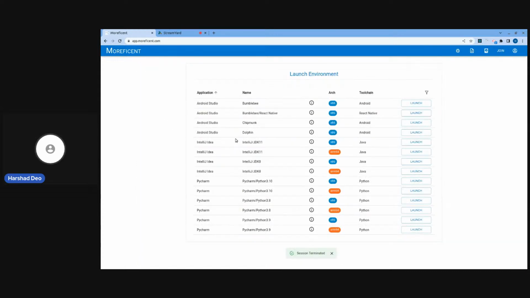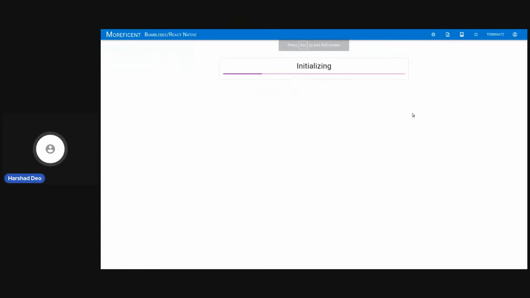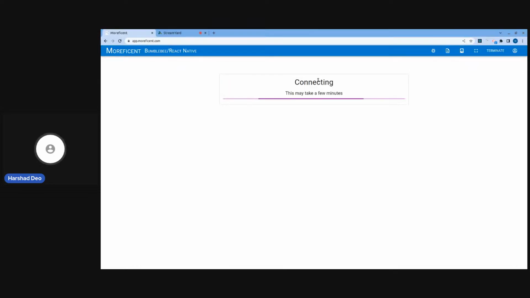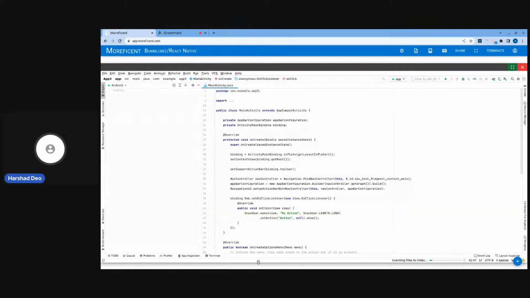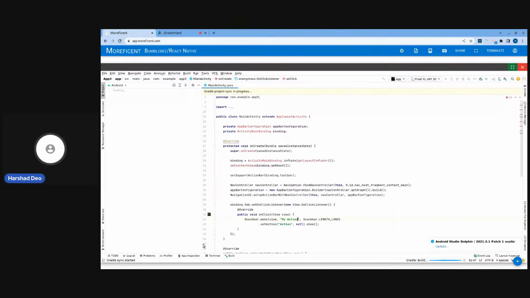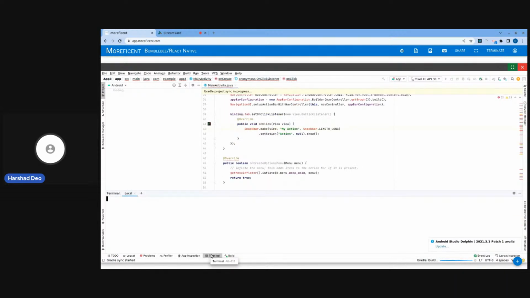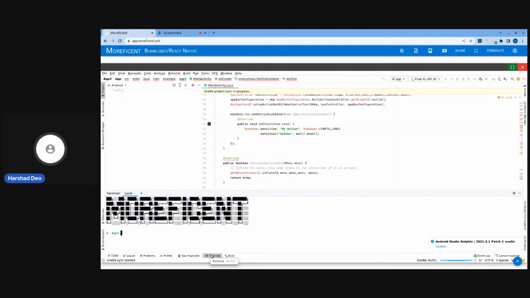So this is called the launcher window. Over here, you see that we have 4 versions of Android Studio. One of them has the React Native toolchain setup. Essentially, this means that you can get started programming without actually having to set up the environment yourself. So apart from saving all the time and hassle that comes with that, it also means that everyone is working with the exact same tool chain. So the bugs that are caused because of tooling inconsistencies or the long, complicated setup processes that are there are all eliminated by construction. So over here, React Native requires Node, which should be available on Path, as you can see.